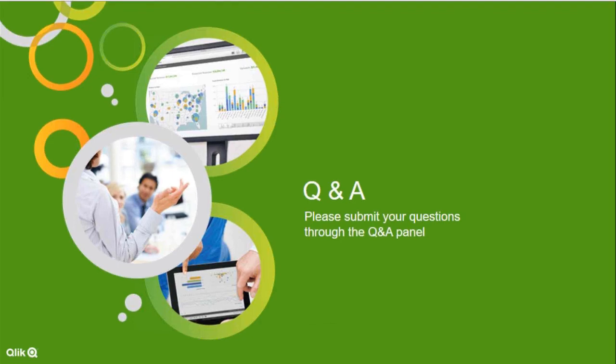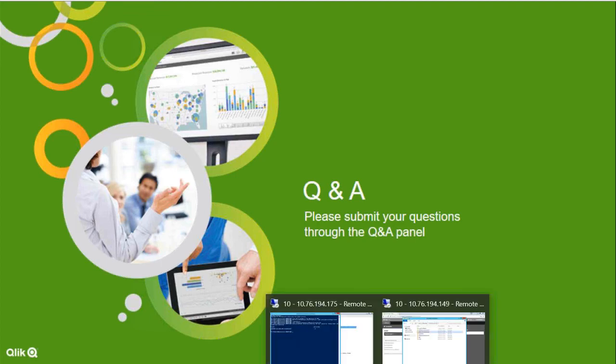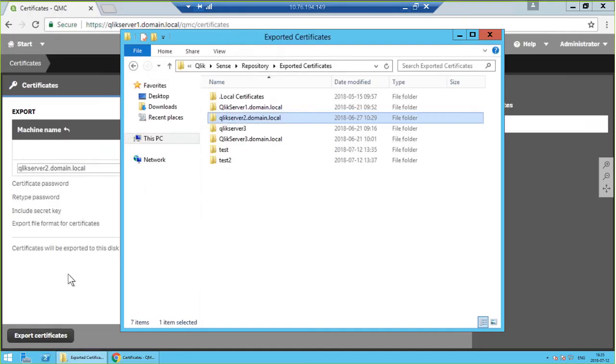Best practice for splitting the certificates and private key when exporting certificates. I'm not 100% sure what you mean by best practice. When I'm exporting the certificates, I was using the self-signed certificates. I haven't added any third-party thumbprints, any third-party certificates to the proxy, so I'm just using the ones that Qlik Sense comes with. So if I pull up my machine here,